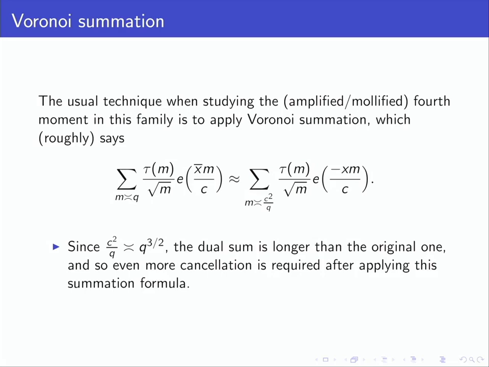And so that means the c squared over q is q to the 3 halves. And so it went from q to the 3 halves. So it's square root of q more terms. And so when you do this, you need even more cancellation than before. We already had a lot that was required of us. And so this is,